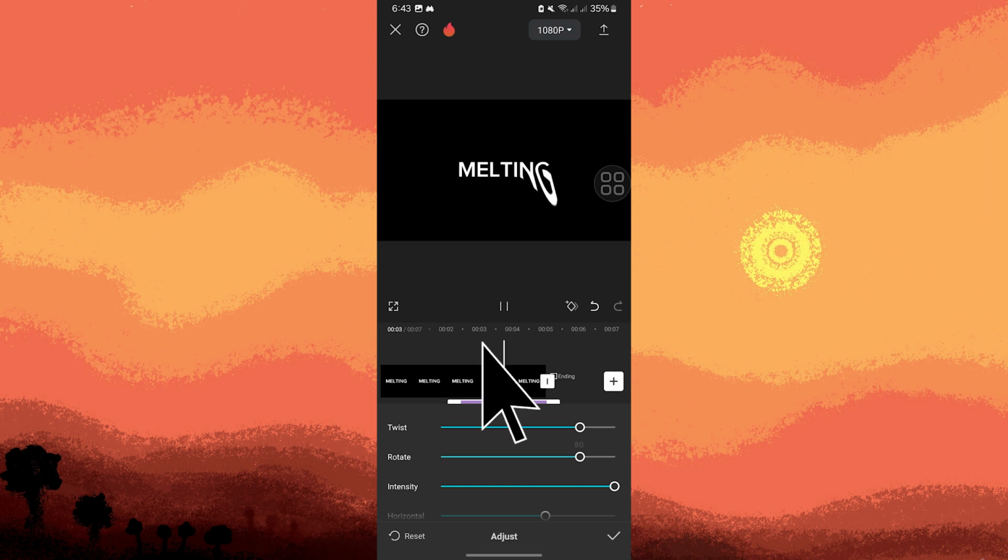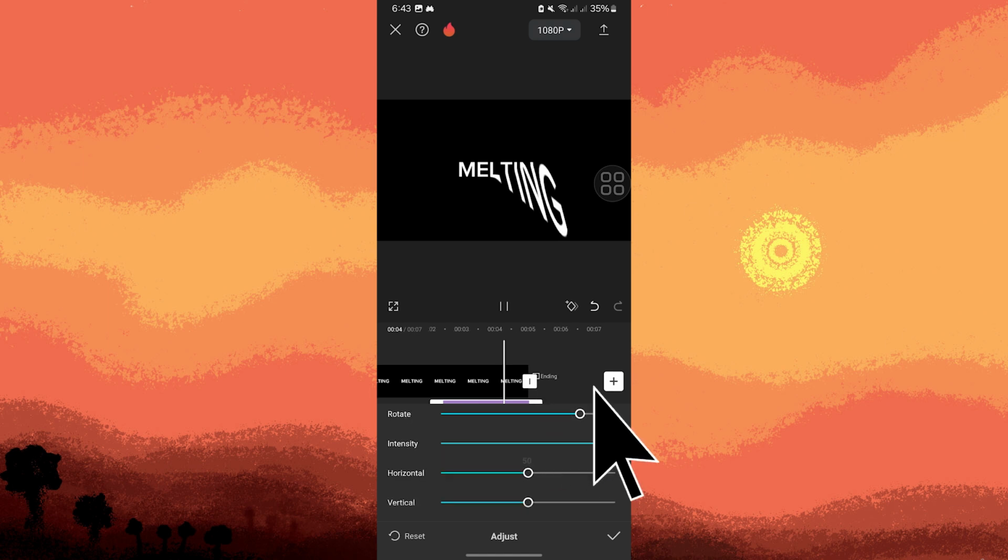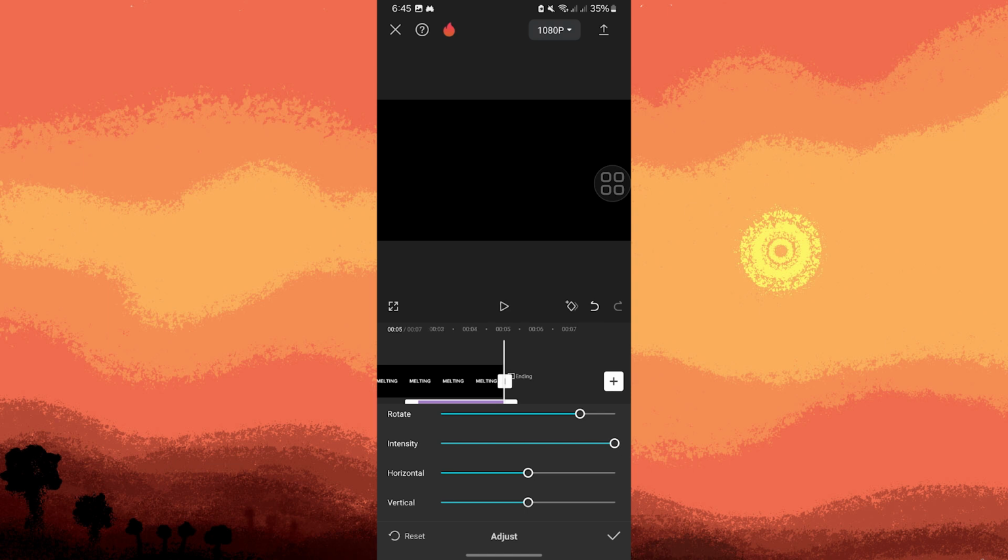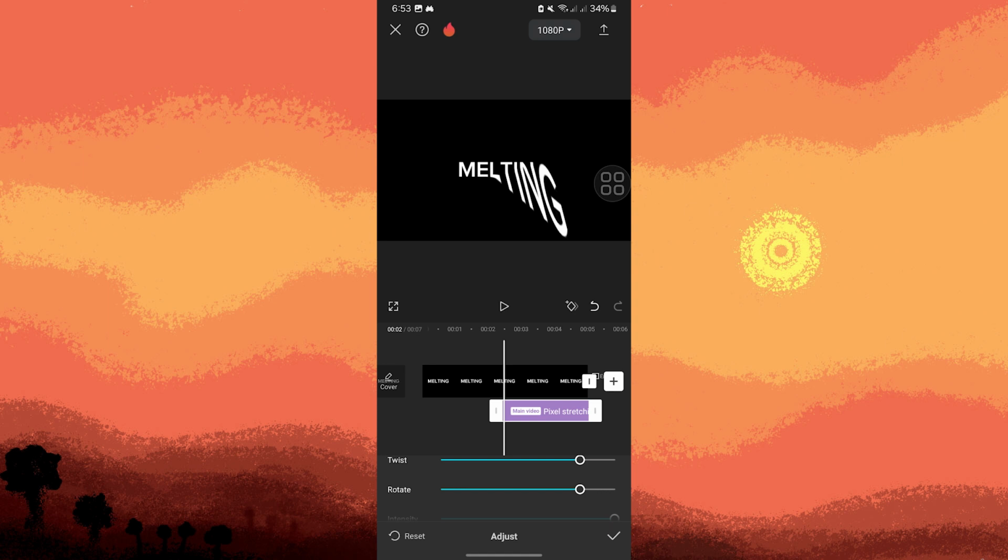Now, move the indicator to the middle, then adjust the twist to 80. Same goes to rotation, intensity 100, then 50 for both horizontal and vertical. Now, tap on the check mark, then move the indication tool where we have to start the melting effect, then